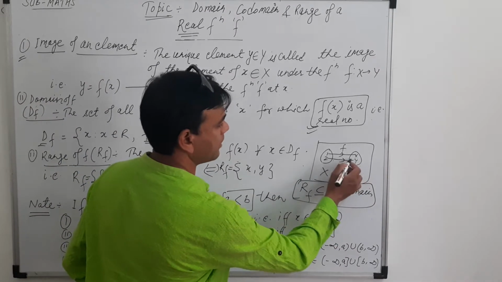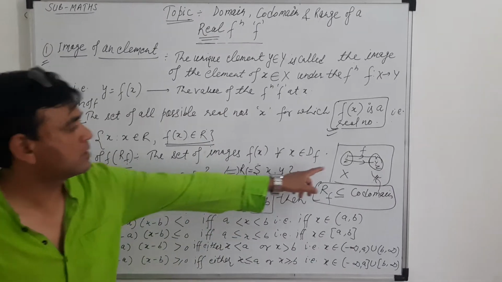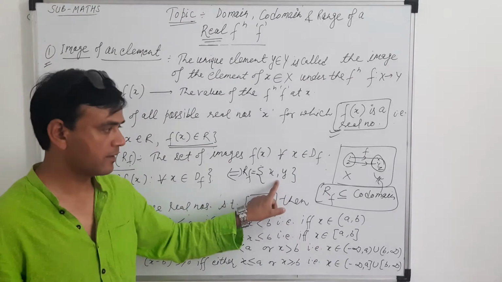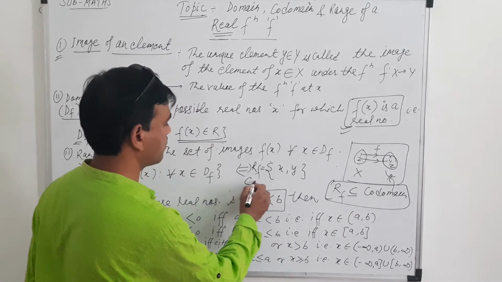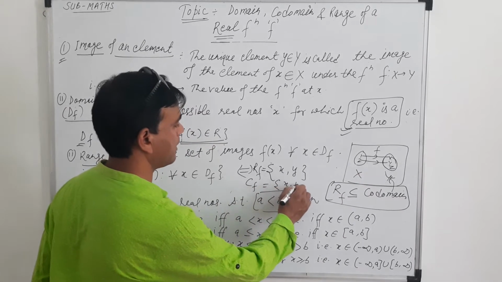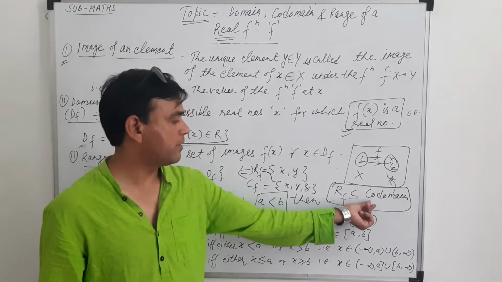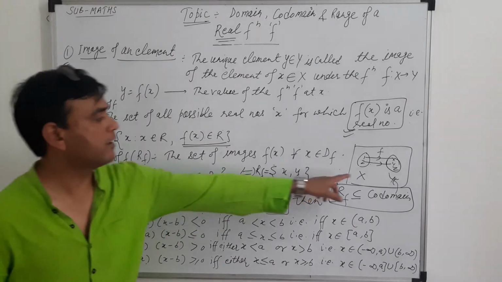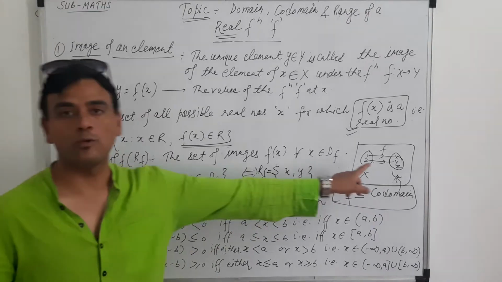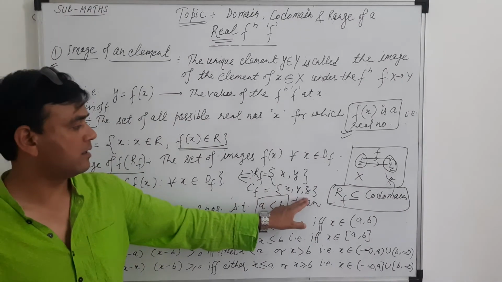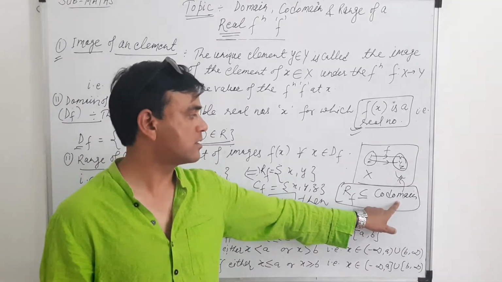But if I put here z, then you can say that the range for this function is x, y, but the codomain of this function is the whole set Y. That is, the codomain of F is equal to x, y, z. Then you can differentiate these two. A little difference is there. Here for this figure, the range of the function is the set of x, y, but the codomain of this function is the set x, y, z. So you can say that the range of any function is a subset of or equal to the codomain of the function.